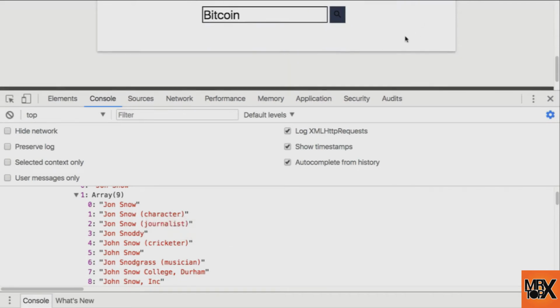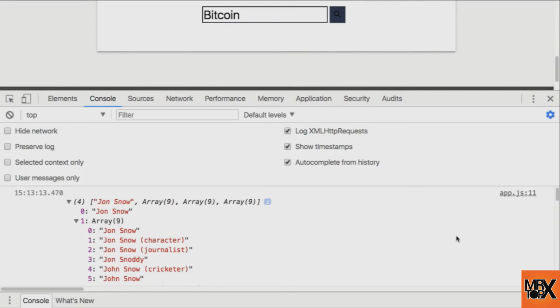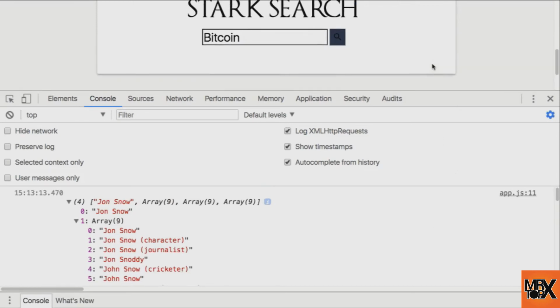We want to have those on our page, and we want to be able to click those and make them go to that exact Wikipedia article that we're clicking on. So in order to do this, we're going to modify our console.log a little bit